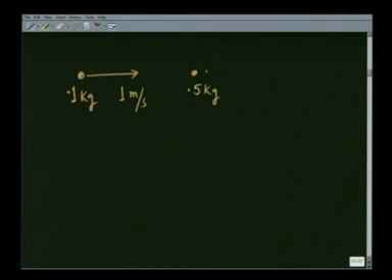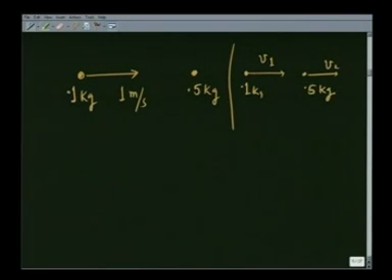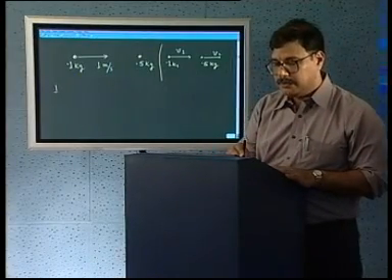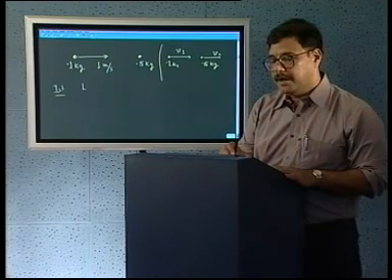kilogram, and after the collision the two particles travel, one with speed v1, this is 0.1 kg, and the other particle with a speed v2, this is 0.5 kg. We wish to find v1 and v2. Although you may have seen this problem in the past, it does not hurt to solve a simple problem to start with. So, first I apply linear